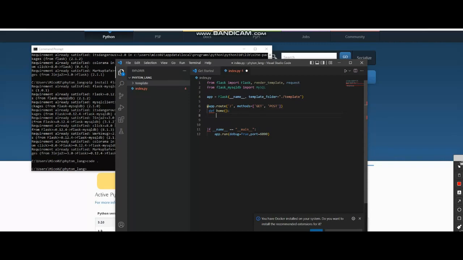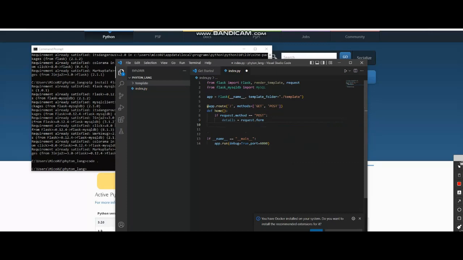And a big caution, guys, always do indentation, all right? Like for this one, should not be indented. Then afterwards, what we need to do next is to do an if statement in here pertaining that if the request.method that we're going to be using is equals to post, then